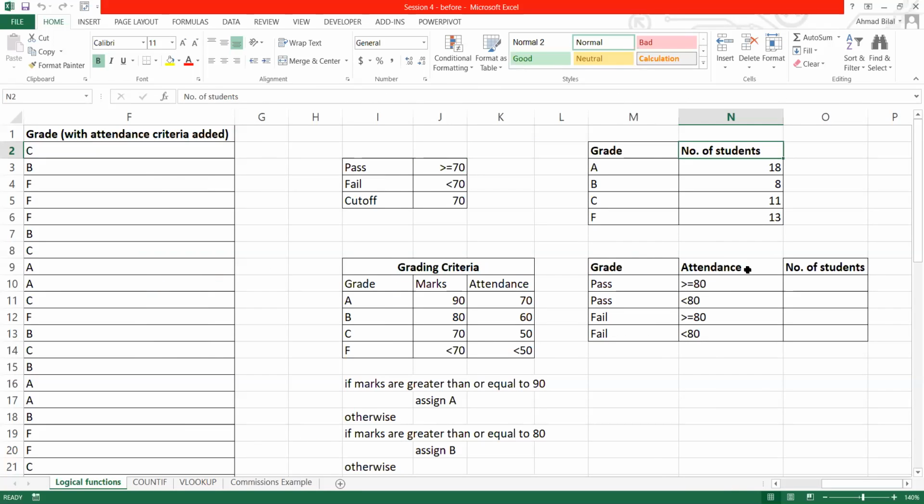Right? इसमें हमने क्या किया? Since we had a total of 50 students, which got one of these 4 grades, अब हमारे पास एक table है in which we have the 4 possible grades. What we want to do is we want to count the number of students who got each of these grades. So हमने देखना है कि A grade कितने लोगों का आया, B grade कितने लोगों का आया, and so